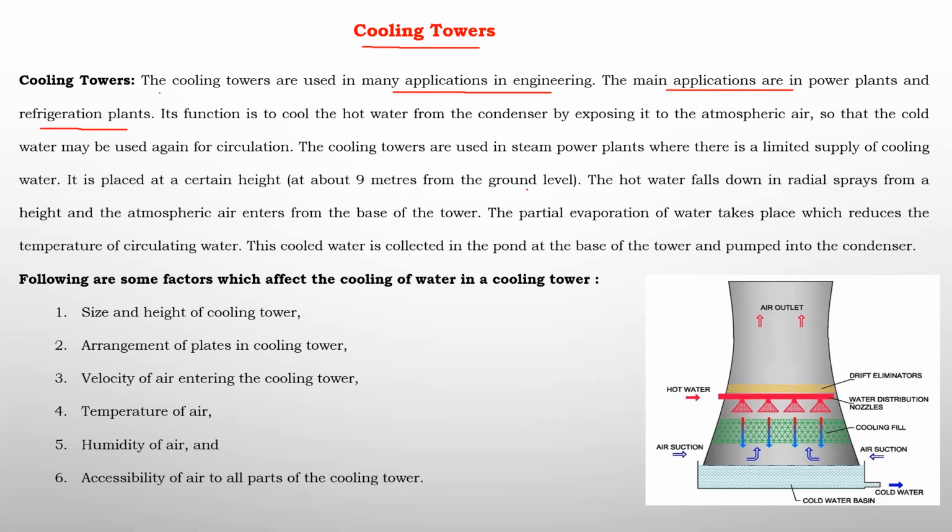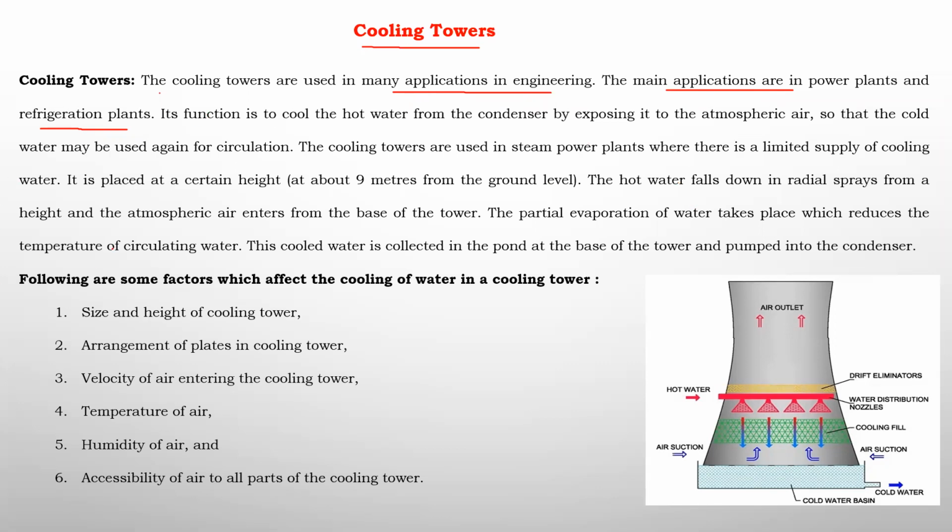Why in power plants? In power plants a steam condenser is used, and in refrigeration also a condenser is used. You may have a doubt: where is it used in refrigeration? If you observe a domestic refrigerator, at the back side there is a pipe. That pipe is nothing but the condenser pipe. With the help of air we cool the refrigerant inside that condenser portion. The refrigerant flows in that pipe, and outside the pipe air circulates, normally atmospheric air. The air is used to cool the refrigerant inside those pipes. That pipe is nothing but what? Condenser, right?